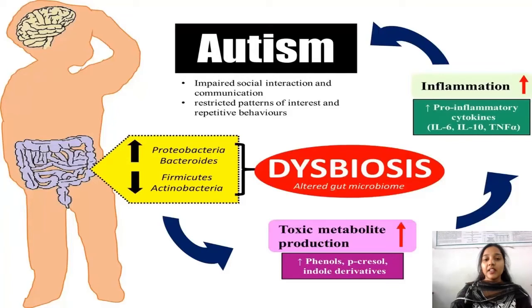And now let's look at autism, ASD. Autism spectrum disorder refers to a group of neurodevelopmental disabilities that can cause significant social communication and behavioral changes. ASDs are called spectrum disorders because they affect each person in different ways and can range from mild to severe. Based on various studies conducted on the stool samples collected from healthy and autistic individuals, it has been shown